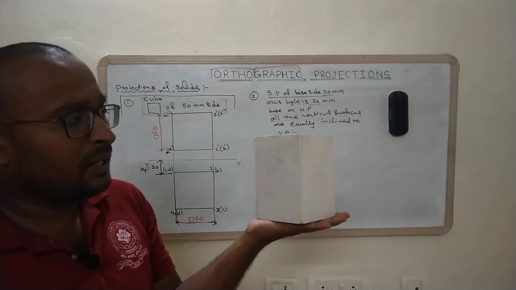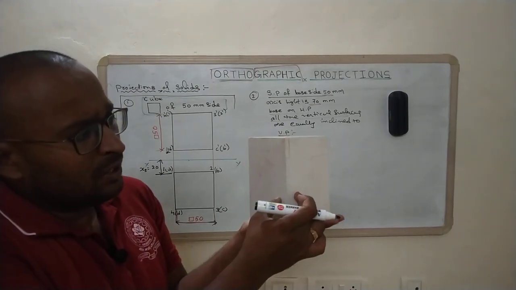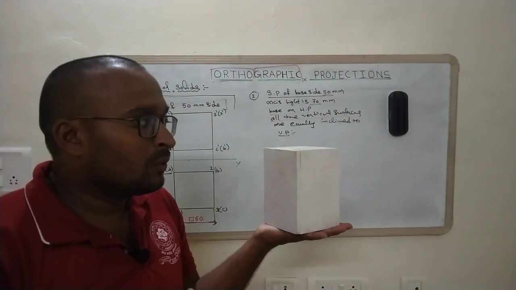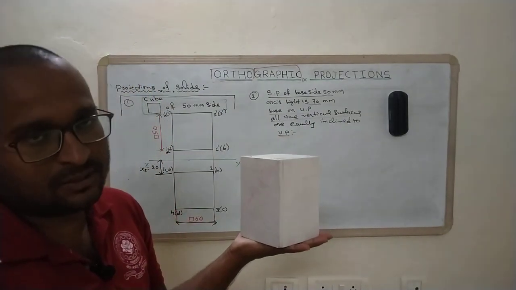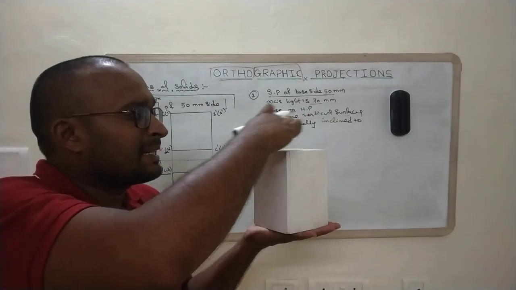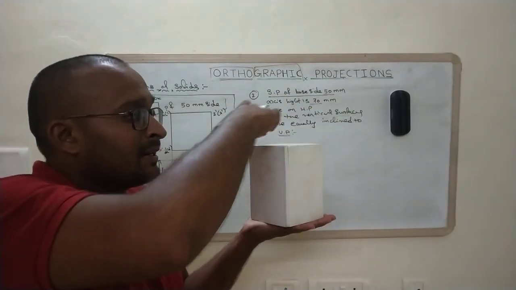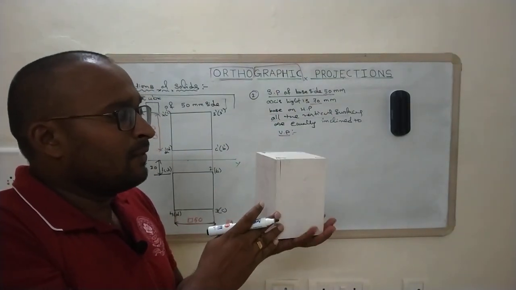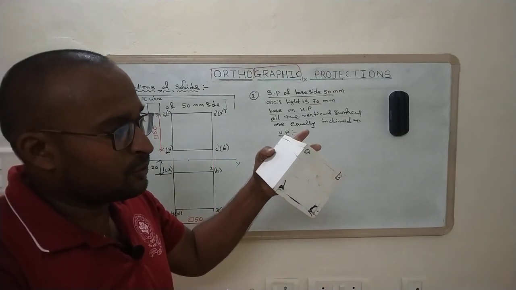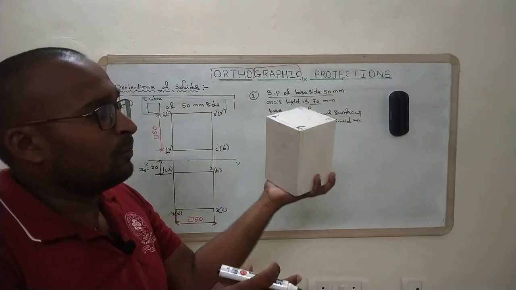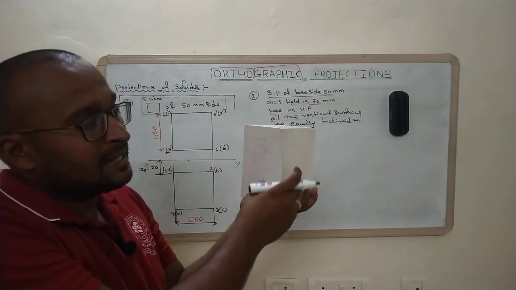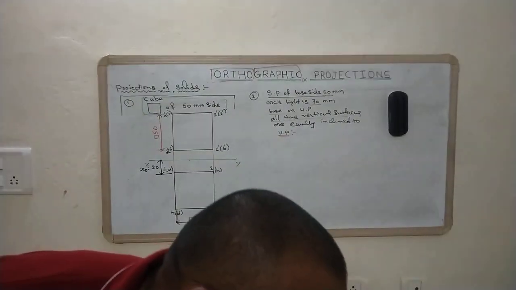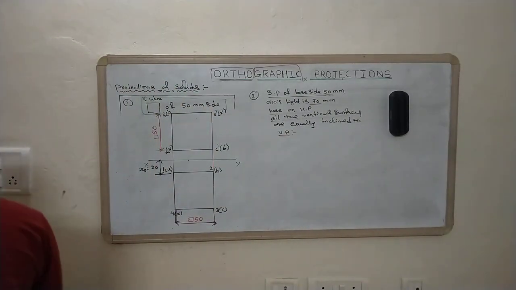So here in the front view, we don't know the exact length of this particular diagonal. So now what we will do, directly we will go through the top view. Initially we should start with the top view, then we will move on to the front view to get these inclined surface lengths. So first we should start with the XY line.